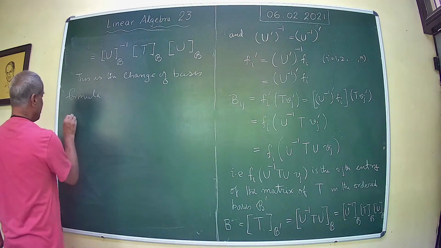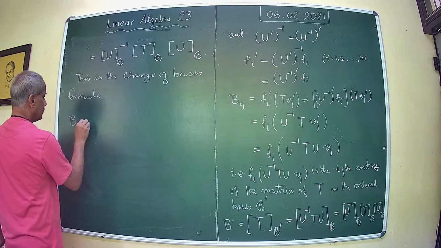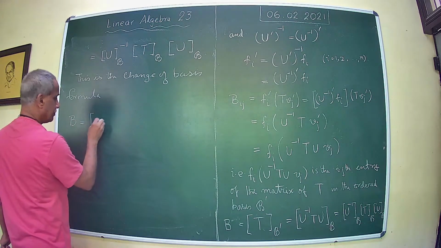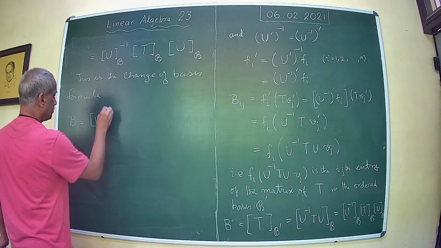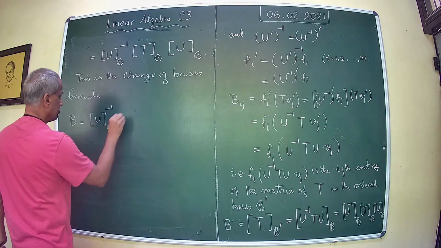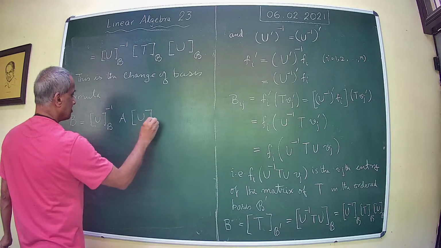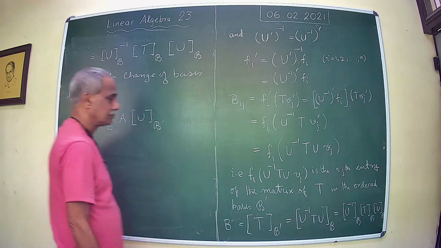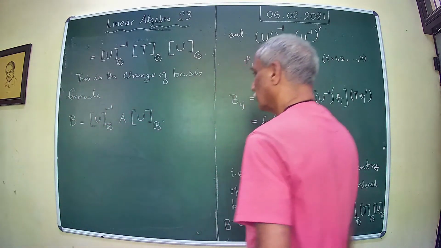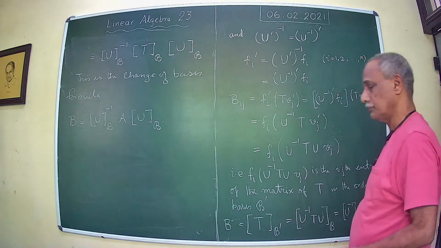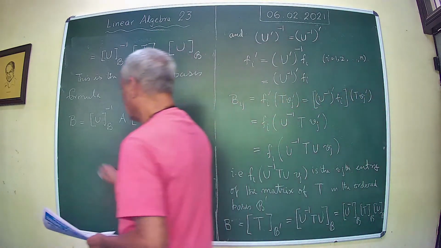So B equal to the connection. Okay. So I think that's